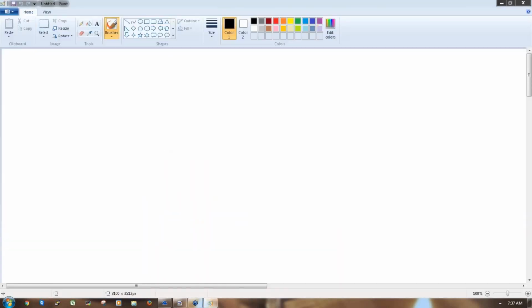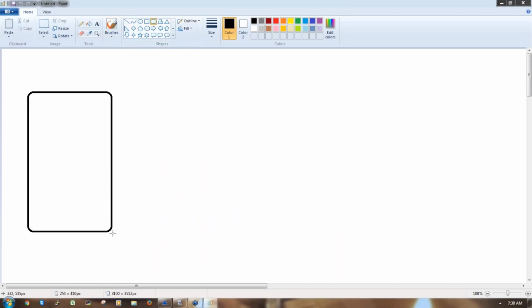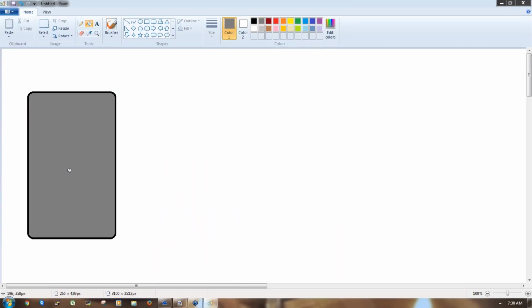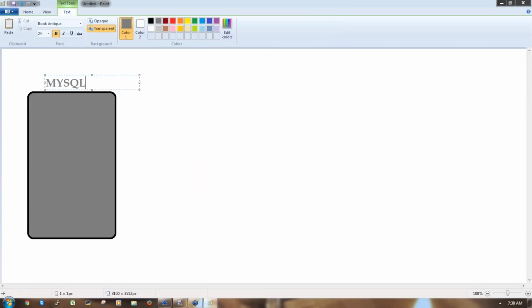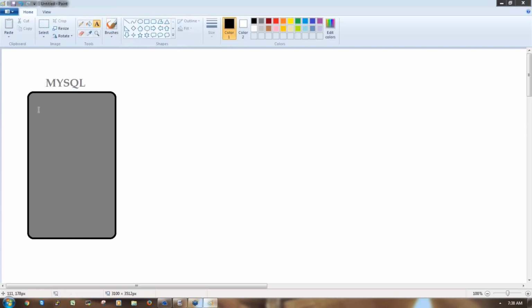See here, this is the production database. Suppose it's a MySQL RDBMS.